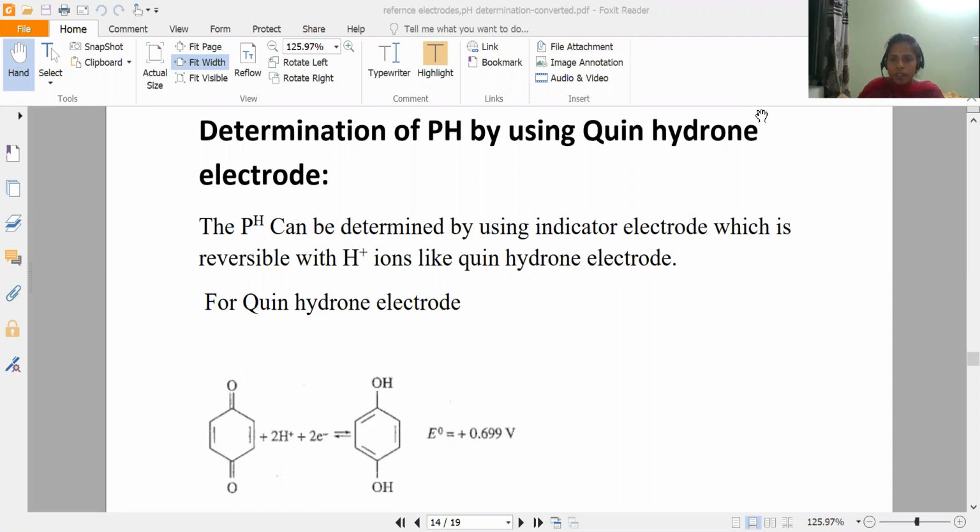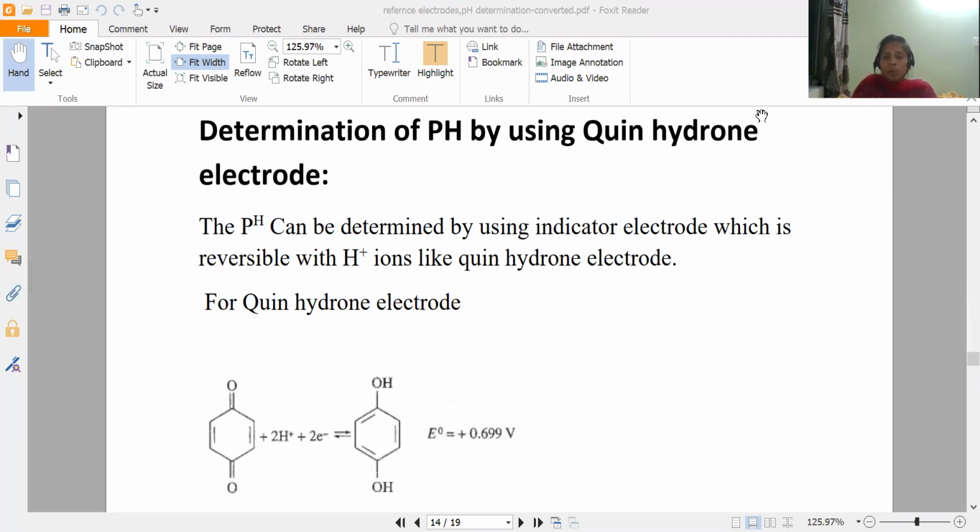In the previous session, we saw the Nernst equation at room temperature, and how to write the reaction quotient or the equilibrium constant for the given reaction, whether the reaction has a single reactant and product or multiple reactants and products. So we have seen how to write the reaction quotient and the equilibrium constant.